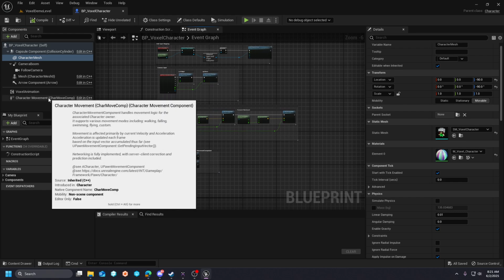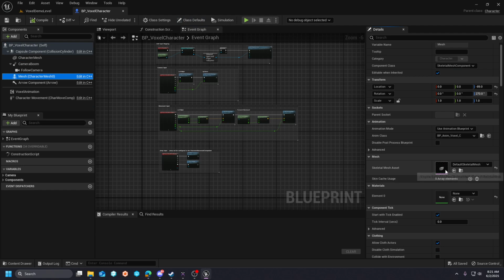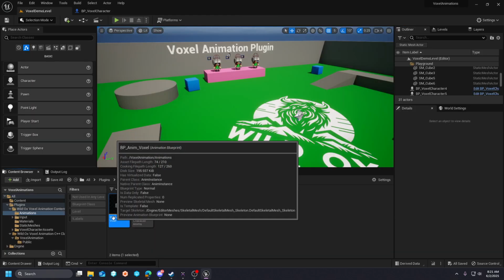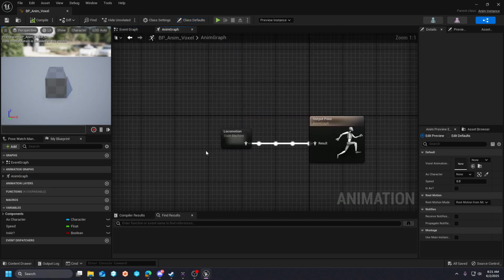And then from here, we would just go over to the animation blueprint. You'll notice that the skeletal mesh is set to use a default skeletal mesh from the editor. This is simply a proxy so that the connection can be made to the character. So if we go open this up, you'll see that in the animation blueprint, we have an animation graph with